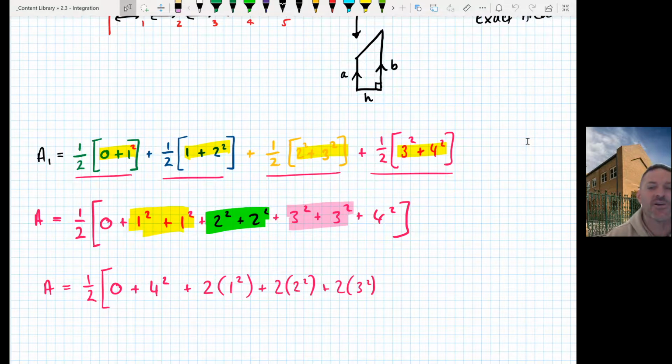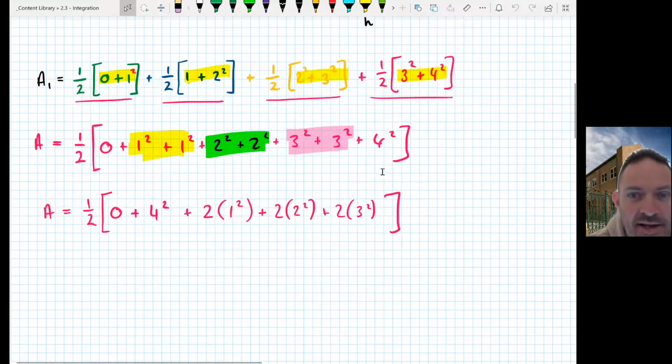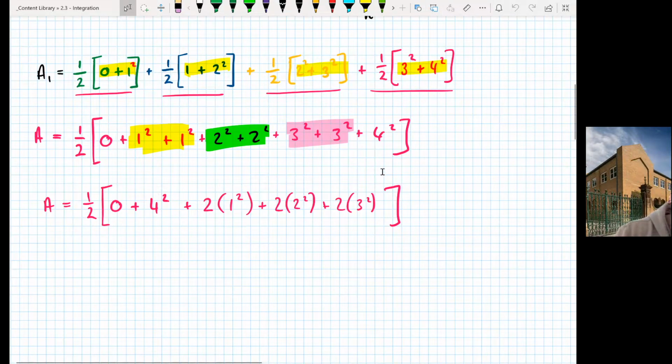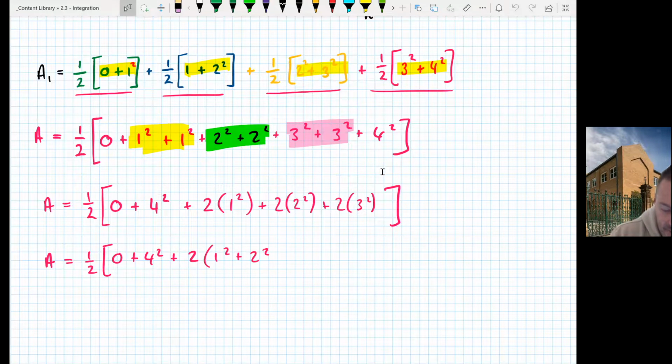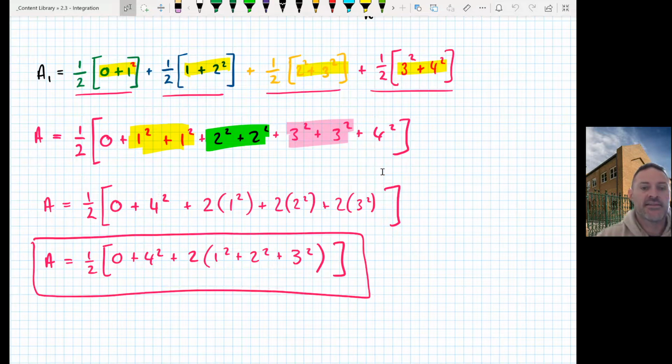Now, I know you wouldn't bother factorizing this in a question, you'd just literally put it into your calculator, but there is a purpose to my madness, as there often is. I'm going to factorize again because what we've also got is a 2 now in the middle of those things. I'm just factorizing things out to make it look a little bit nicer. Now, that technically speaking is a little bit faster than that first line of working,